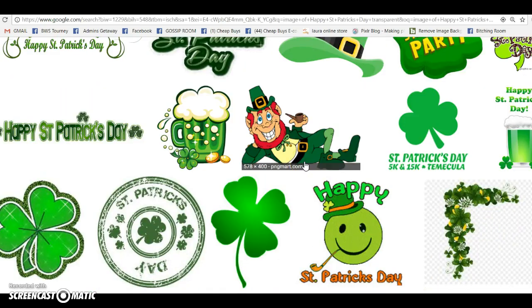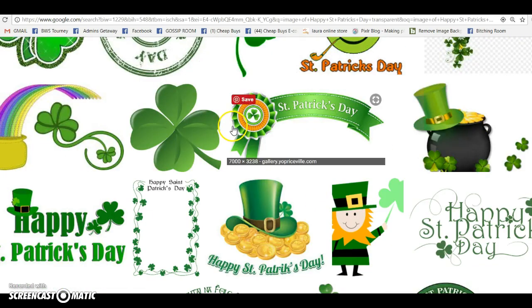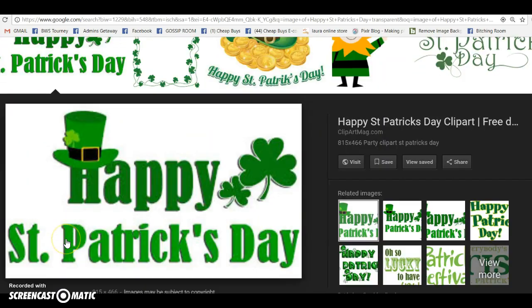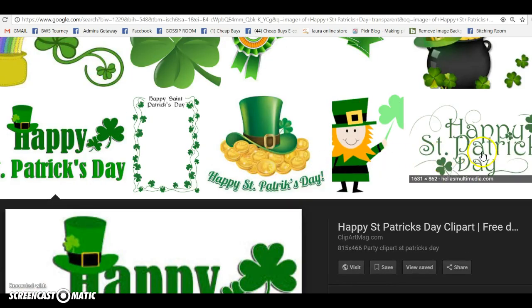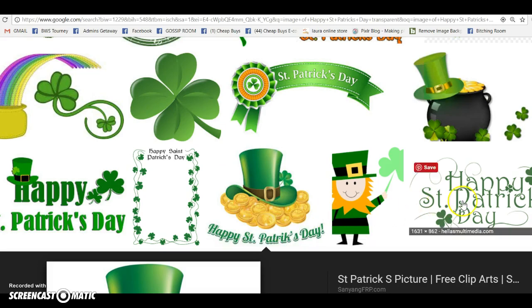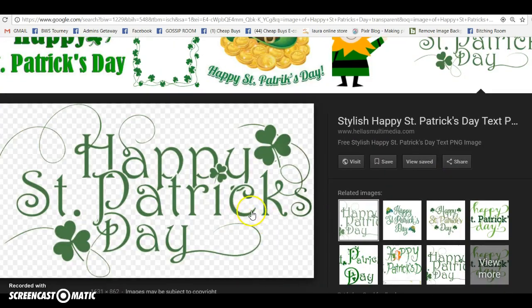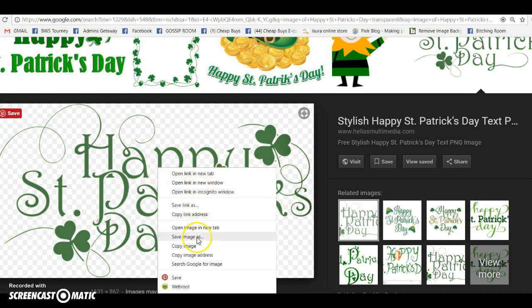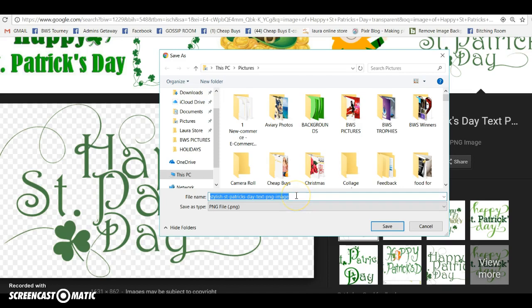How about, let's try this one down here. Nope, you don't have the little squares, so it's not transparent. Let's try this. Nope. And we'll try that. Okay, it has all these squares, and so that means it is a transparent. So it's Happy St. Patrick's Day, and all you have to do is right click, save image as,